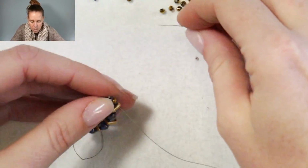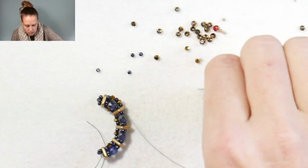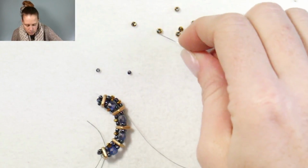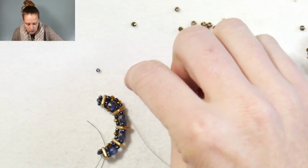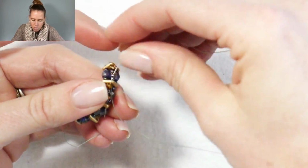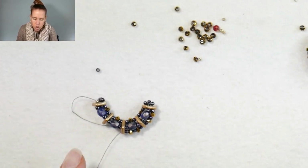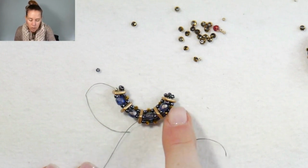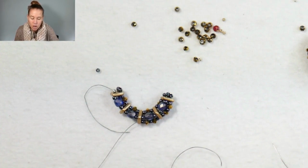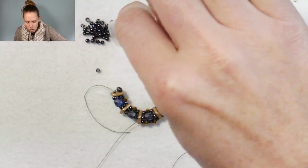And there you go. And we're going to repeat that again. So we're doing 11, crystal, 11, crystal, 11. And then again over to that next hole of the quadratile. So I've got 2 groupings of that, and you can see that curvature starting to happen already, again, because we're going from having 1 on the top to 2 on the bottom. Then it's sitting correctly on the sides because we used the same amount of cheque glass. So I have 2 more groupings of this to add,